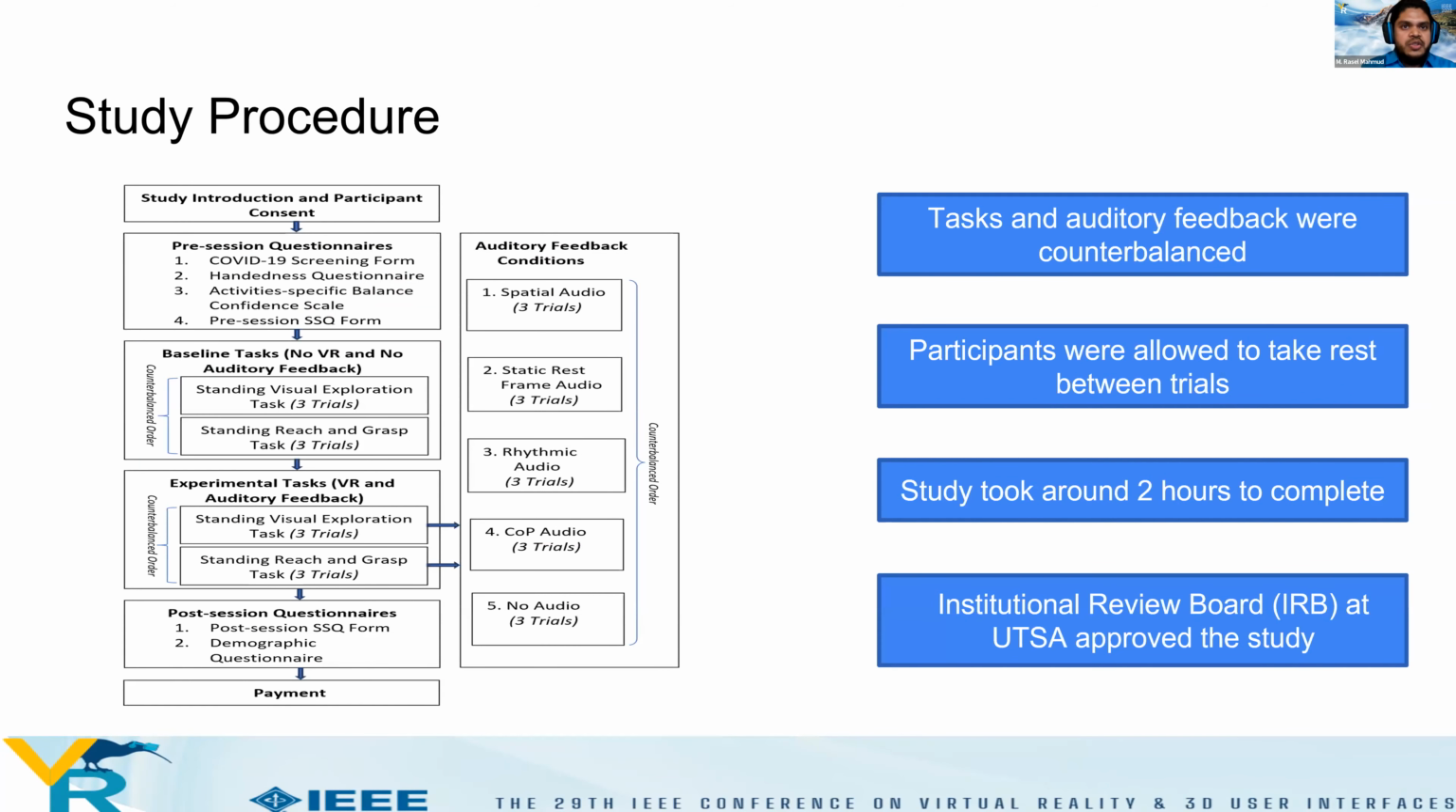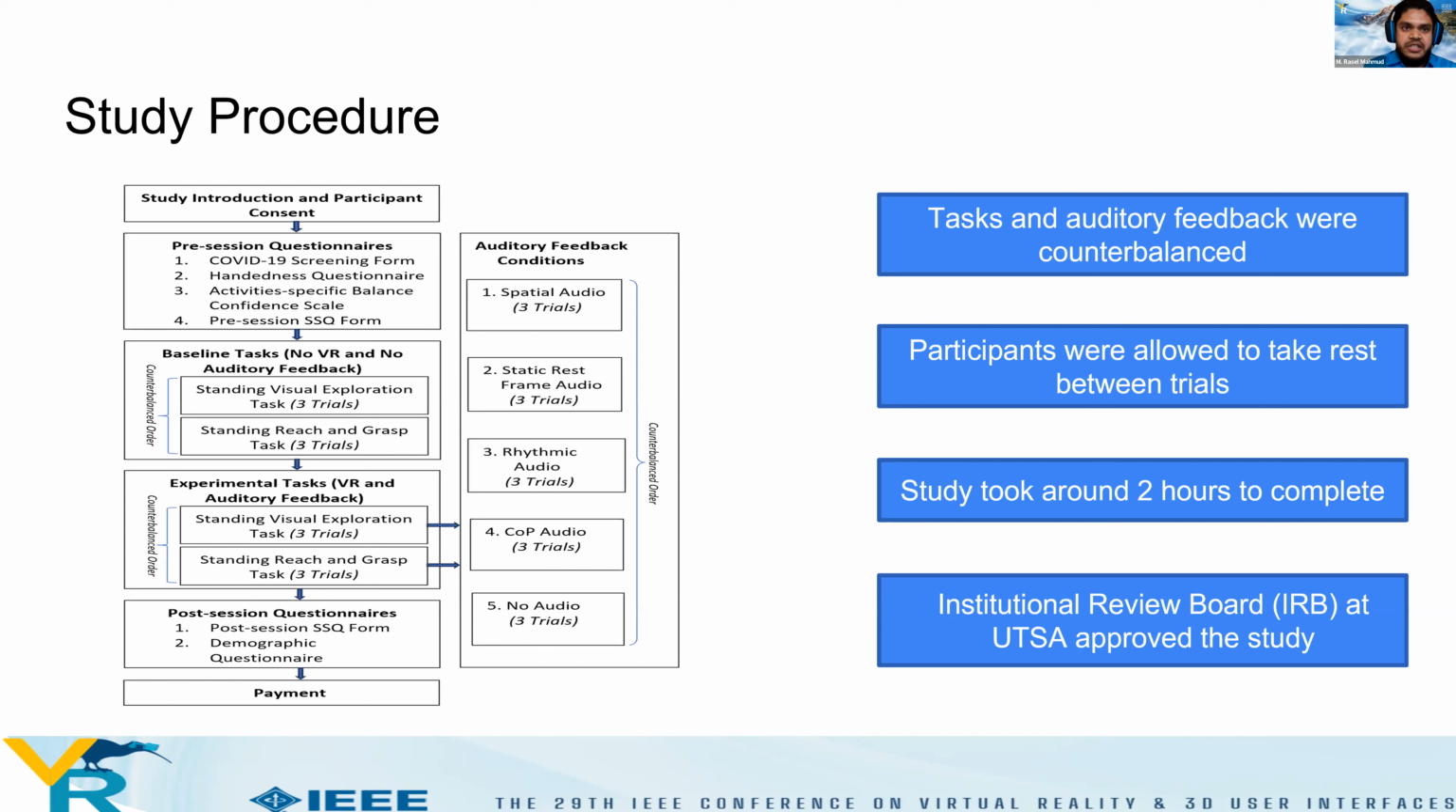The flowchart shows the entire study procedure. Participants read and signed a consent form at the beginning. Then participants filled out a COVID-19 screening questionnaire, the ABC questionnaire and the SSQ questionnaire. For the baseline task, participants stood on a Bertec balance plate while supported by a harness to protect them from falling. Then we measured their balance for the standing visual exploration task and standing reach and grasp task